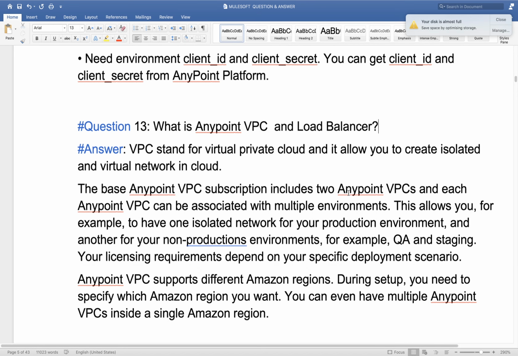So who will do that task? The load balancer will do that task. Again, the second thing the load balancer will do is DNS configuration. For example, you have some implementation URL or some proxy URL. Instead of that implementation or proxy URL, you want to expose some other URL to the external system.